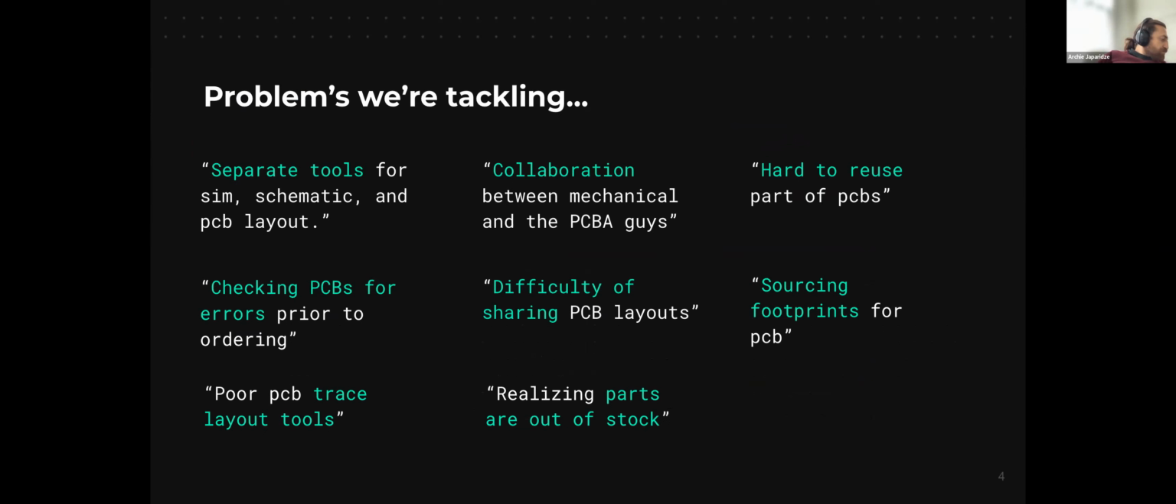Just that there's separate tools if you want to do simulations, schematic design, PCB layout. There's often a lot of exporting, importing. Collaboration, especially when you're working with mechanical engineers, tends to be kind of difficult. You have to start projects from scratch. It's hard to reuse work that you've done in the past. Checking for errors can be difficult. Sharing PCB layouts,